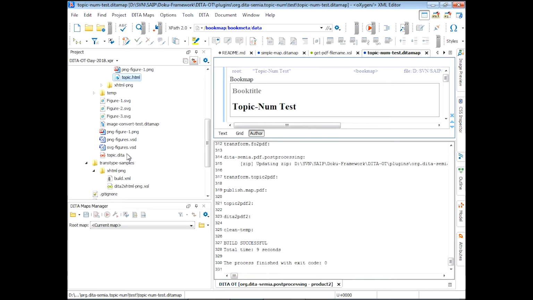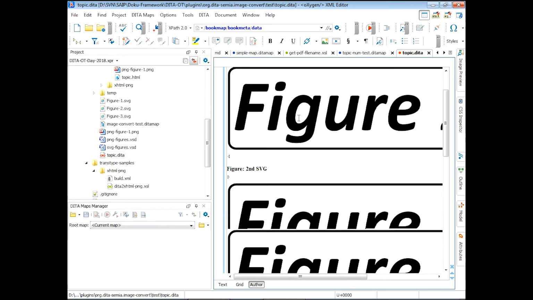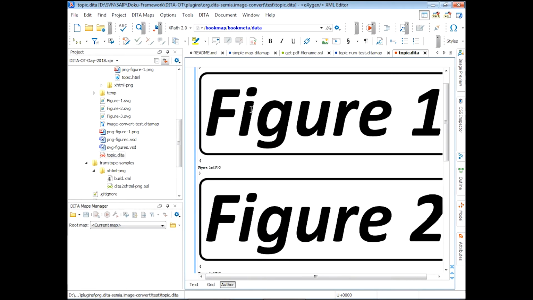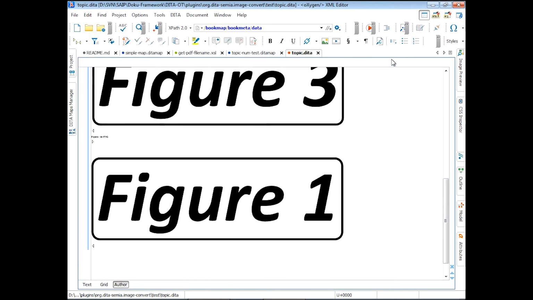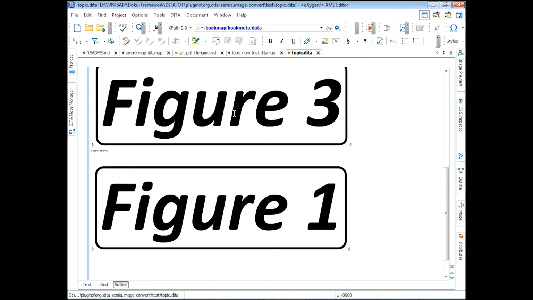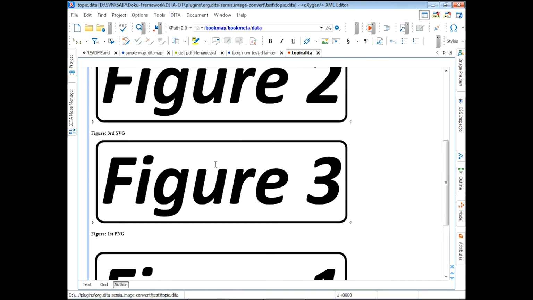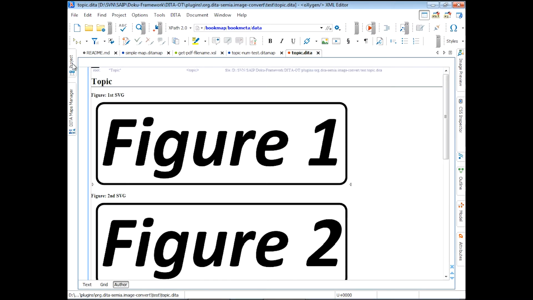Well, let's start with Oxygen, because Oxygen displays them correctly. Okay, so the first three images are all SVG images, and the last one is PNG. So it looks pretty much the same, except the number at the end. Now when I